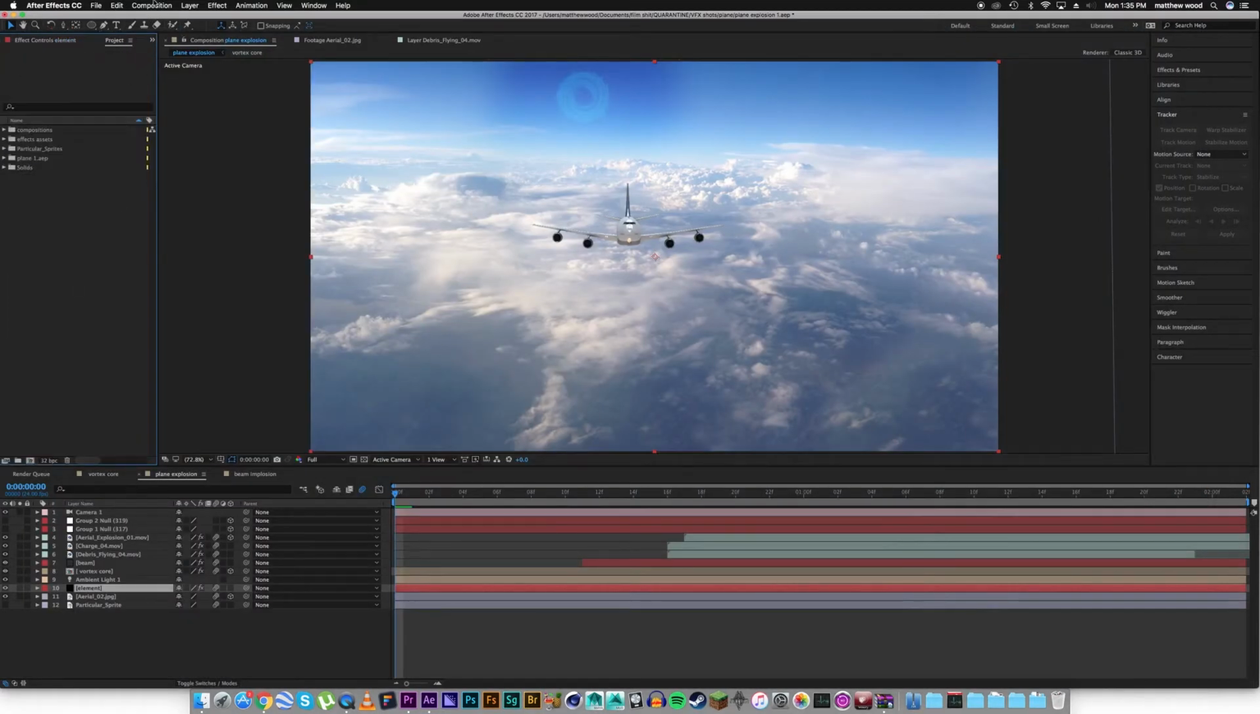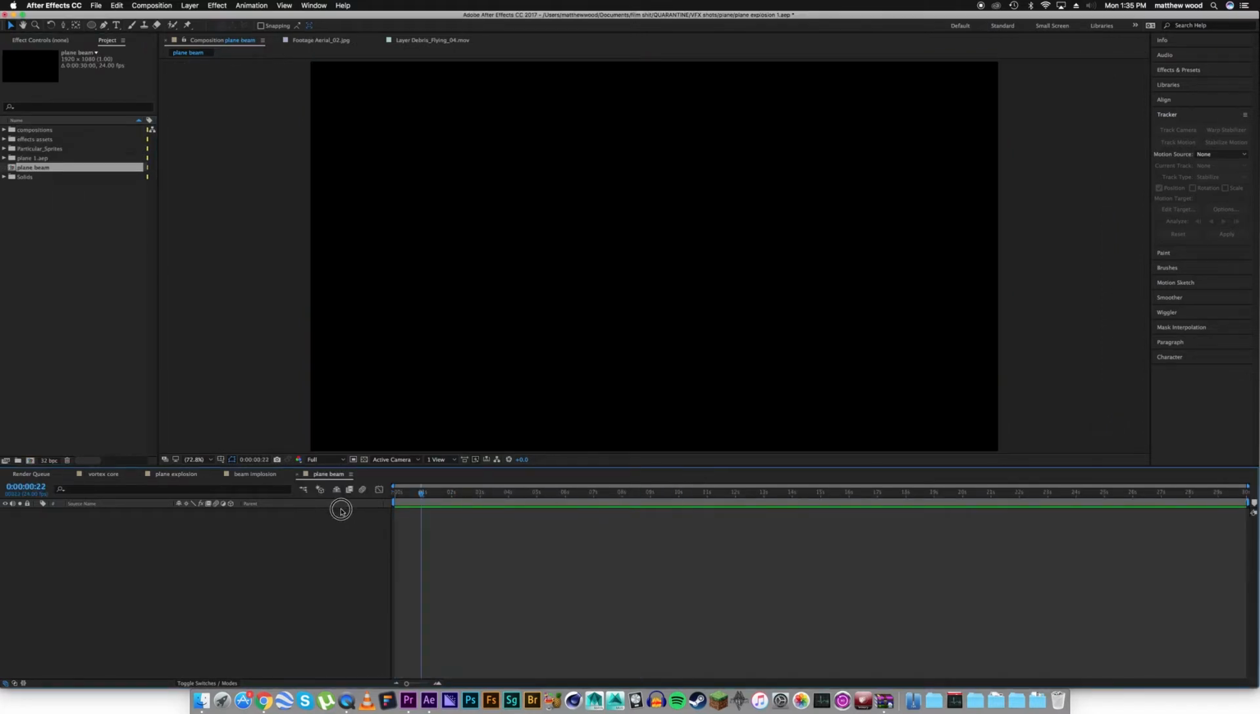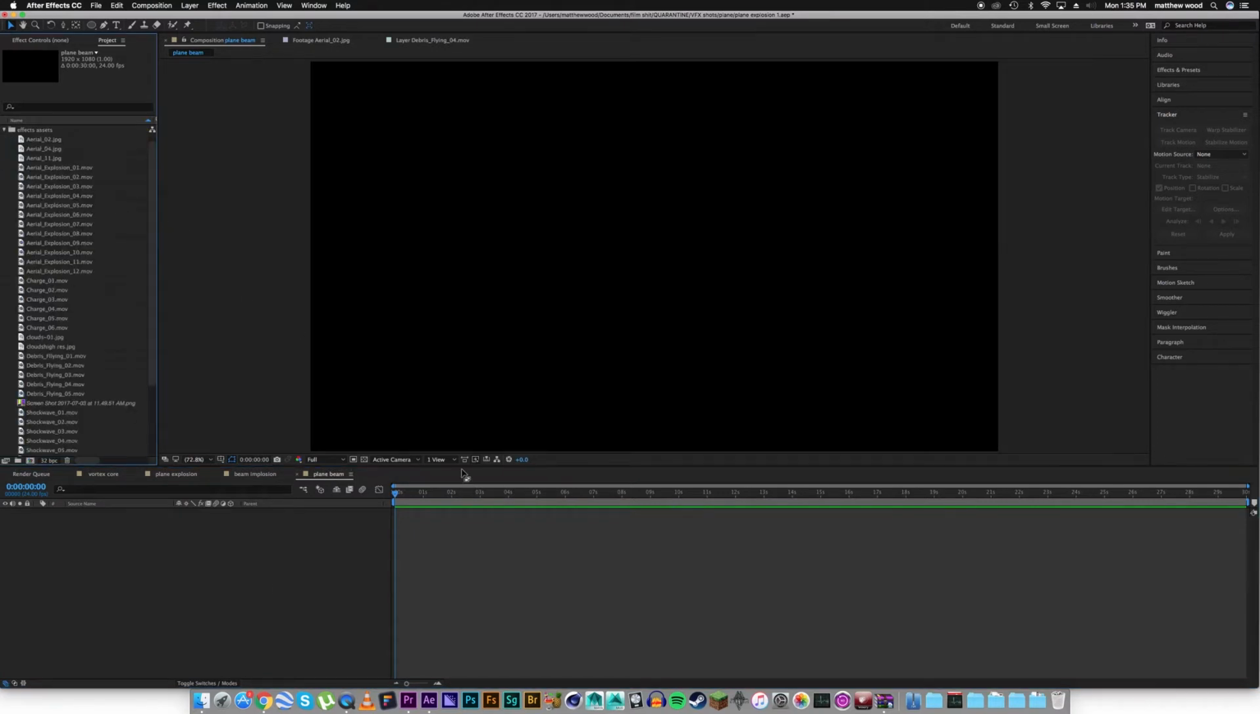First things first, we're going to create ourselves a new composition, and we're going to call this Plane Beam, and we'll make it about 30 seconds. We're going to hit OK. This is going to bring us into our beautiful blank slate here. Now, the next thing we want to do is start focusing on building our background image. We once again are using some stuff from Video Copilot. We're using a few of their aerial texture packs,